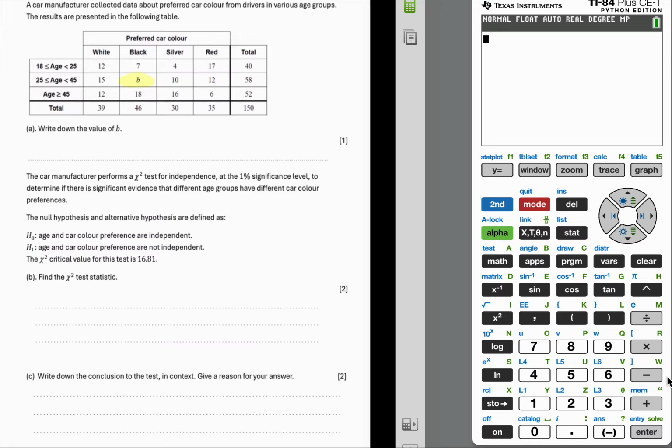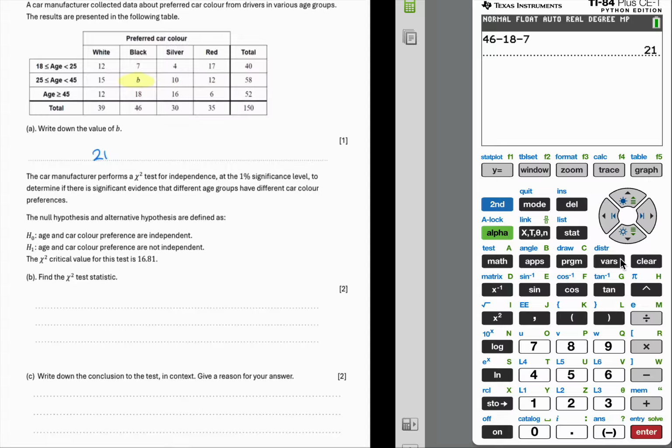So we can work out what B is using one of the totals. We can pick which one. Either we can use these adding up to 58, or we can use these three adding up to 46. I'm going to take the column just because it's a bit smaller. So 46, and then I've got minus 18 minus 7, and that gives me 21, which must be the value